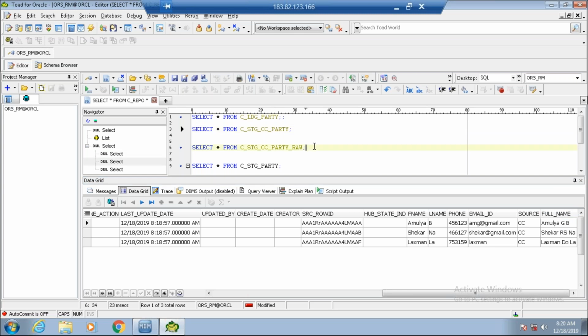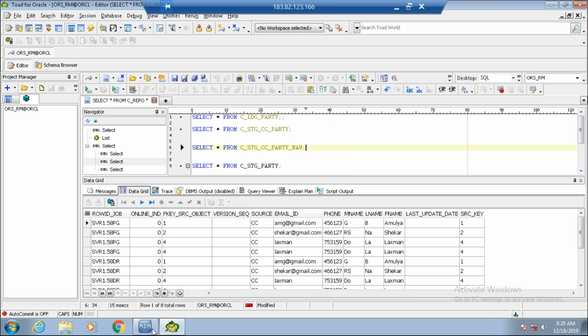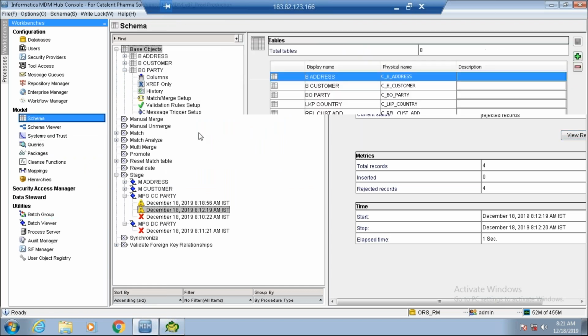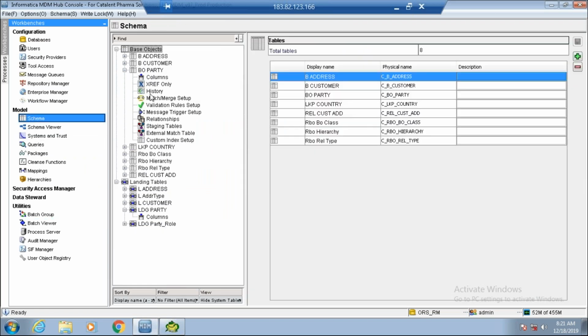Let me see the raw. Just one moment. Did we disable both or only one? I guess we disabled only one, for credit card. Audit trail is still there for the raw table, but not the delta detection. I missed a point.